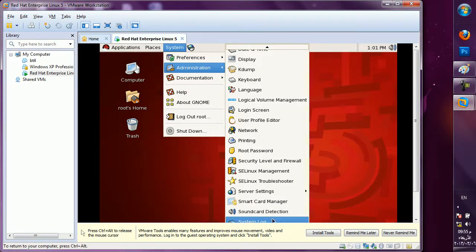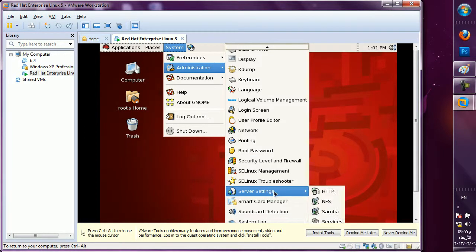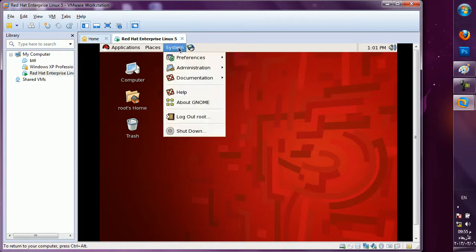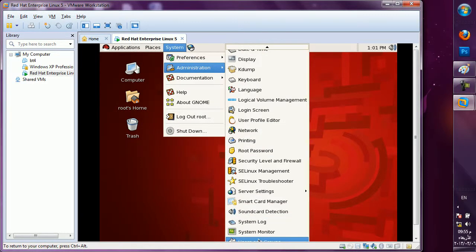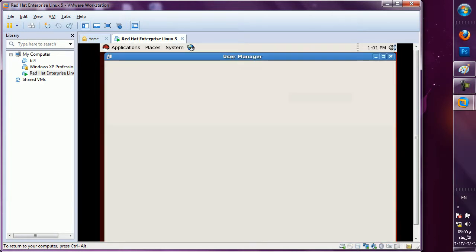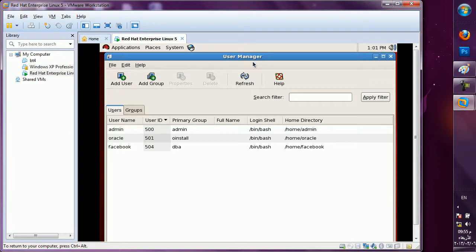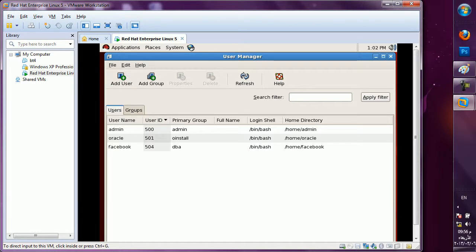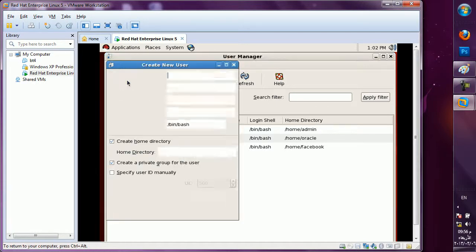User. Below it is coming User Manager. Now to create a new user, just click on Add User.